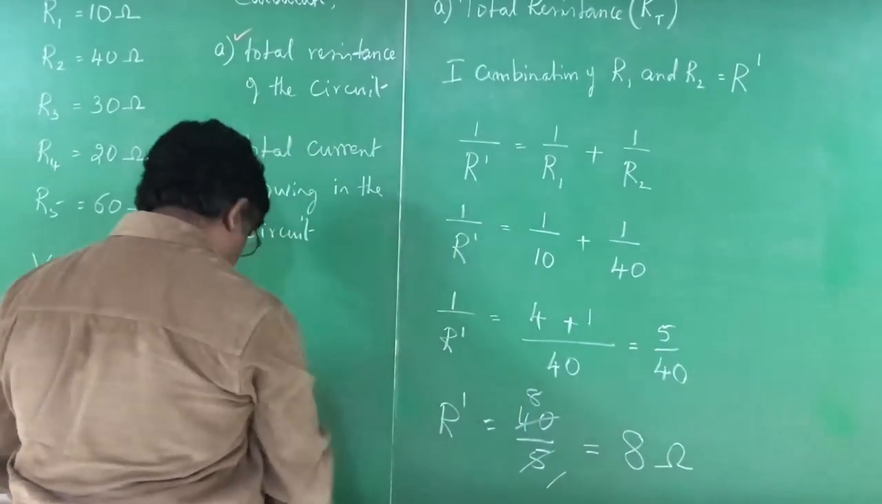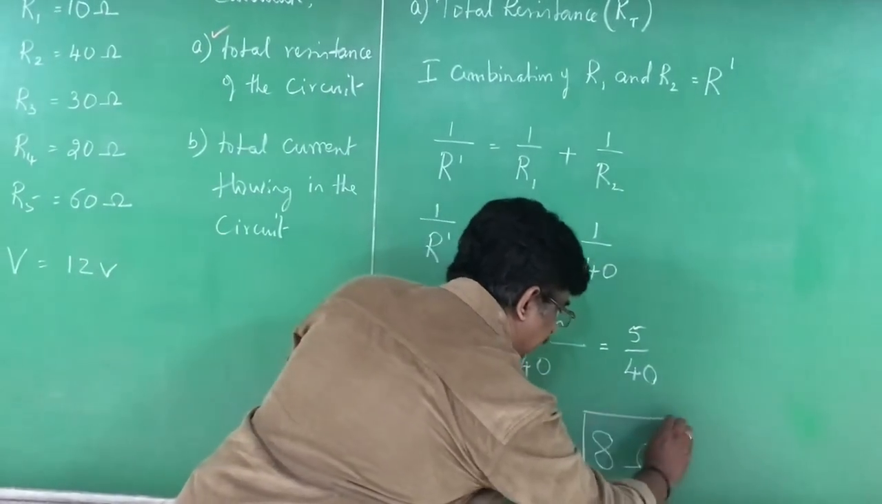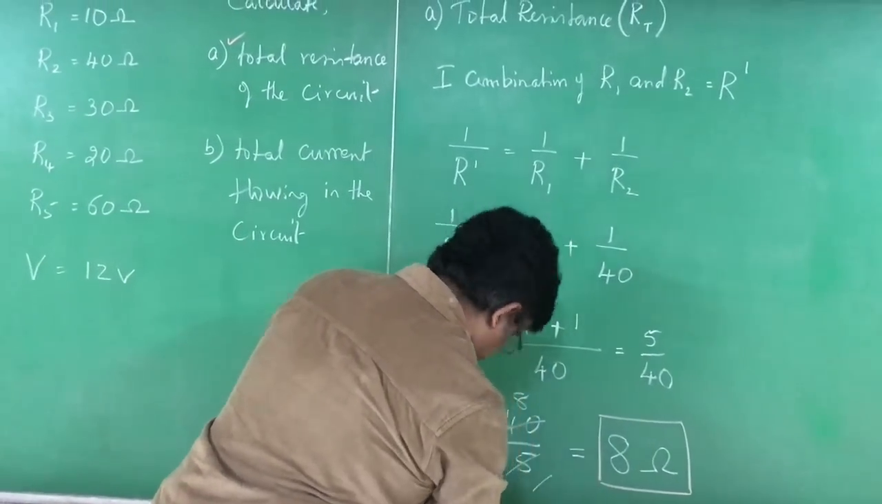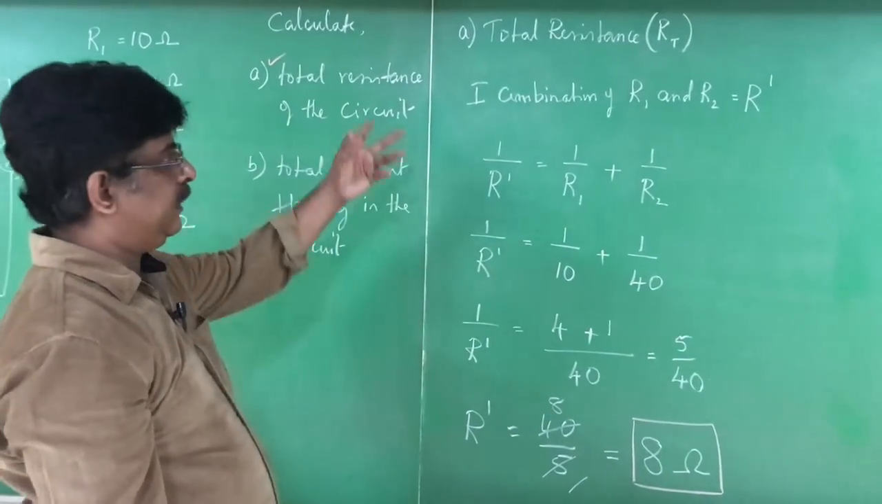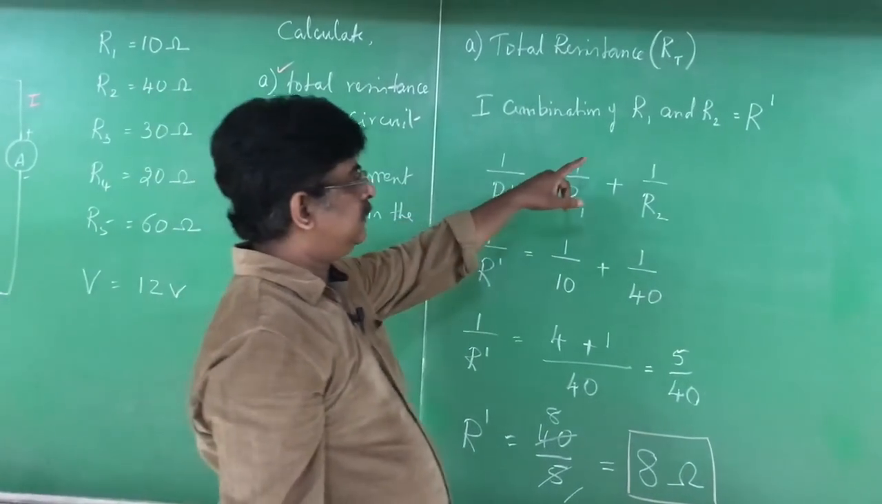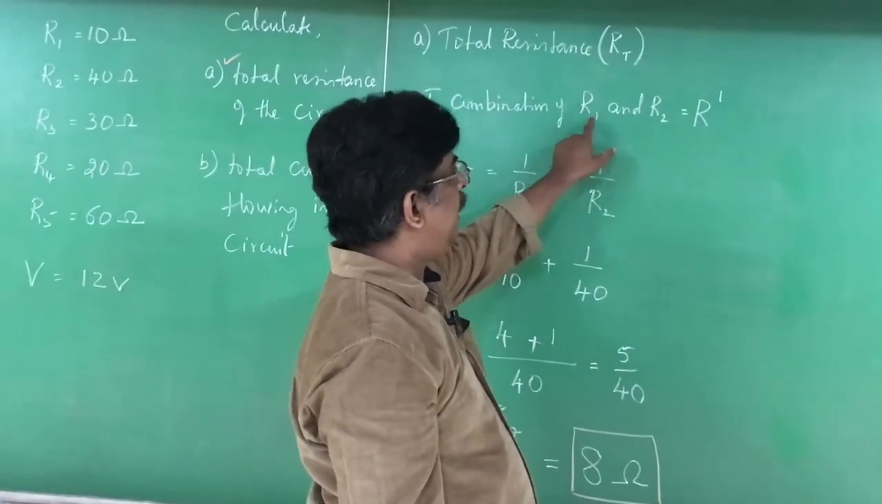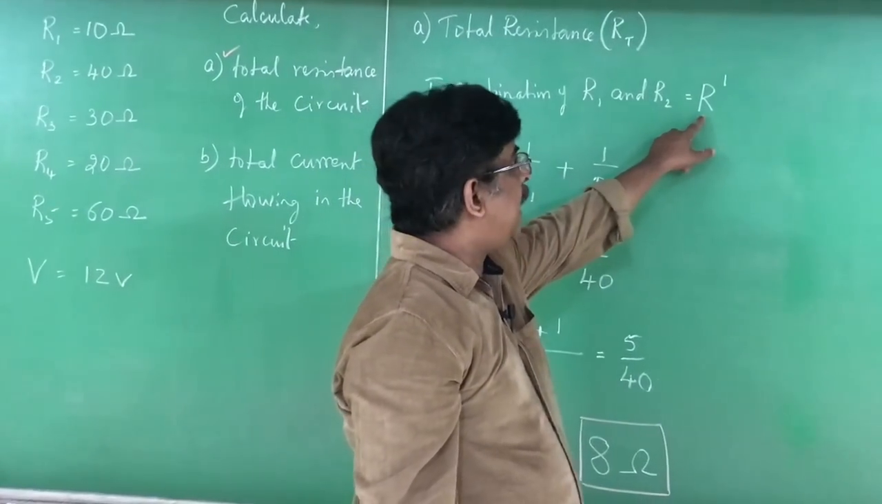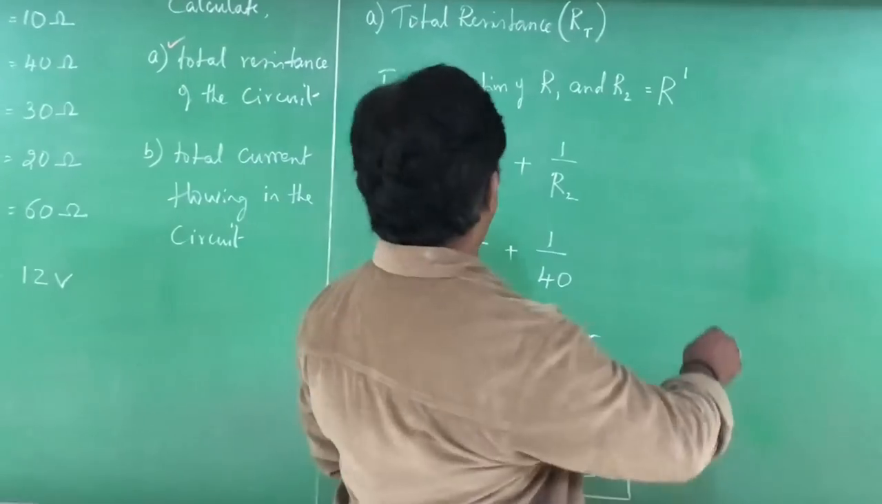R dash is equal to 8 ohms. 8 ohms is the total resistance of the first combination of resistors. In that combination we have R1 and R2. I named it as R dash. Right? Now,